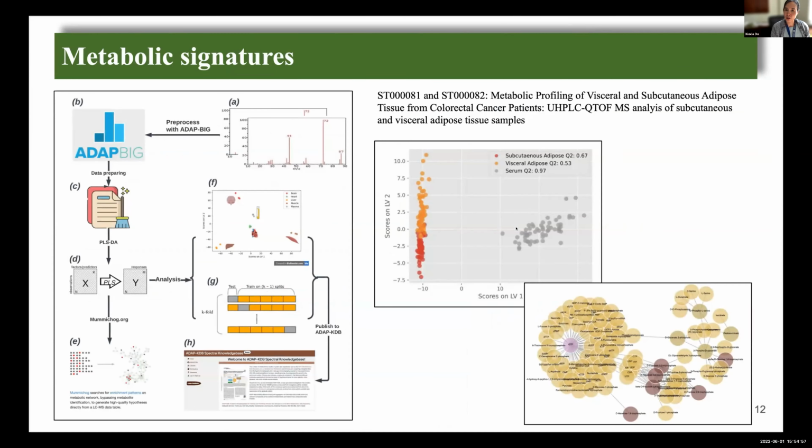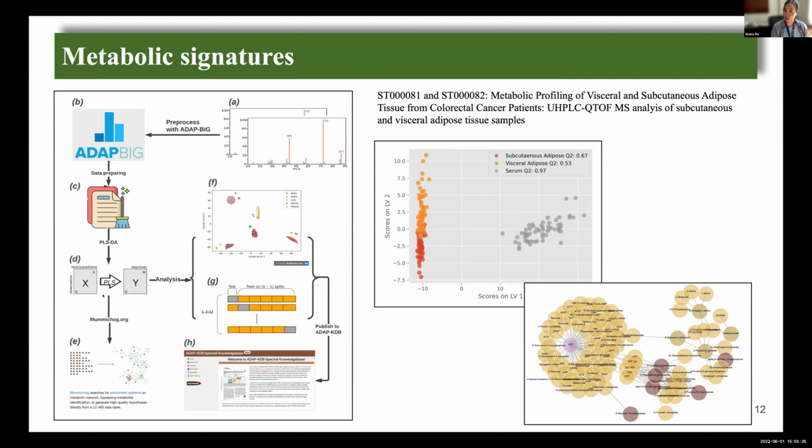In addition to extracting individual consensus spectra, we have also been working on extracting metabolic signatures. Here, a signature refers to multiple significant metabolites that are associated with a particular disease or condition from particular studies. This workflow was constructed for this purpose. Raw data, either LC or GC data, are again pre-processed by ADBKDB, and the data go through data pretreatment and then PLSDA discriminant analysis.